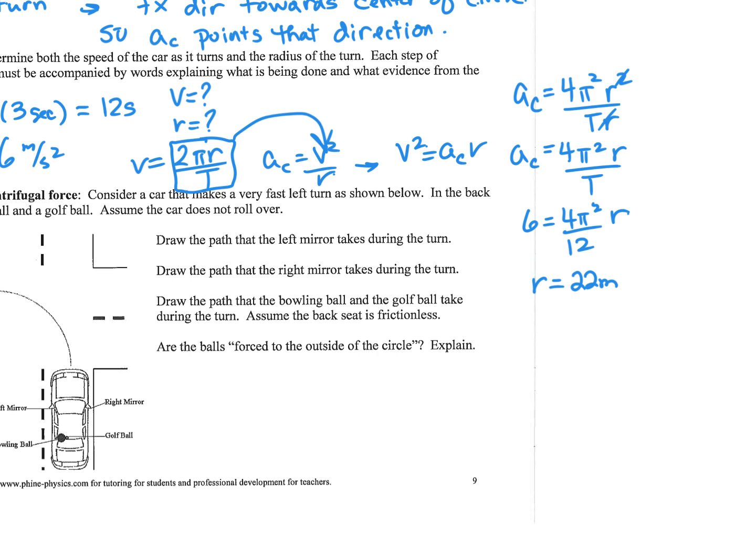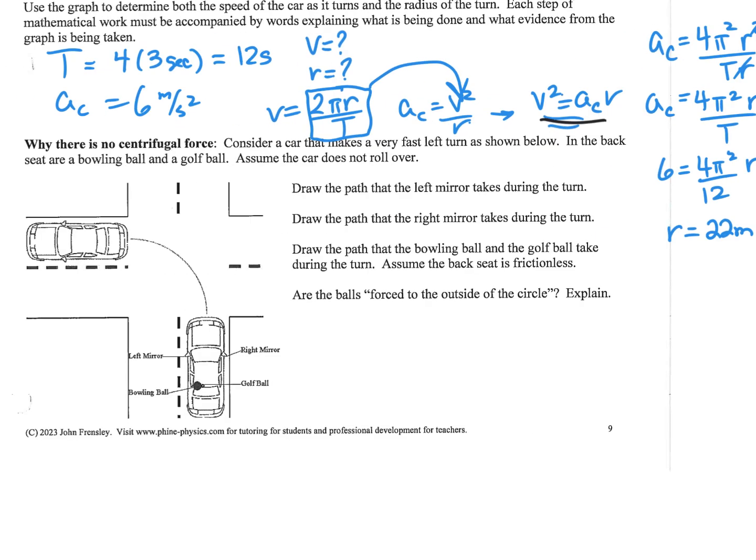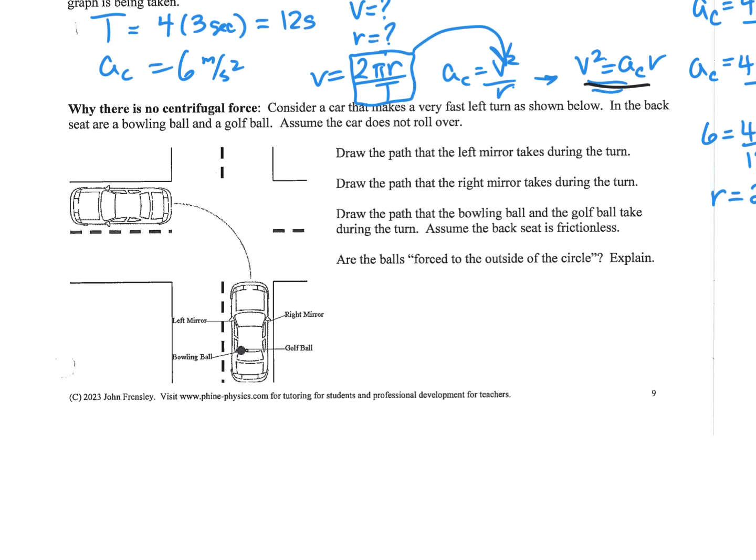Well, if I know the radius, then I can find the velocity by plugging in. And I'm going to do that using this equation right here. So using this equation, I get v squared equals a sub c times the radius. So v squared is equal to 6 times the radius, which is 22. Take the square root of both sides, and I get a velocity that is approximately 11.5 meters per second. All right. Why is there no centrifugal force? Centripetal force and centrifugal force are different. Okay,